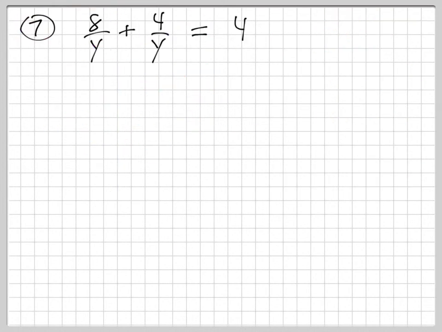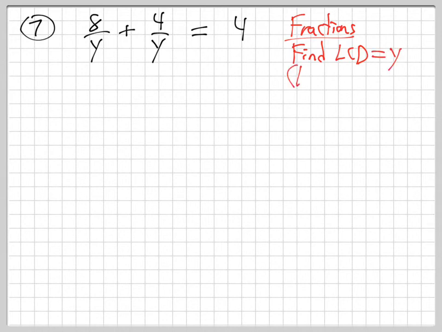So let me write a note for that again. For fractions, find the LCD. What is the LCD? Yeah, it's just going to be y, right? LCD is one of each type for letters. For numbers, it's the number they go into. For letters, it's just one of every type, right? We don't need both y's, right? Remember that? We did one of those in the last section where we had a couple x's and we talked about the LCD. So you need one of each, and you multiply